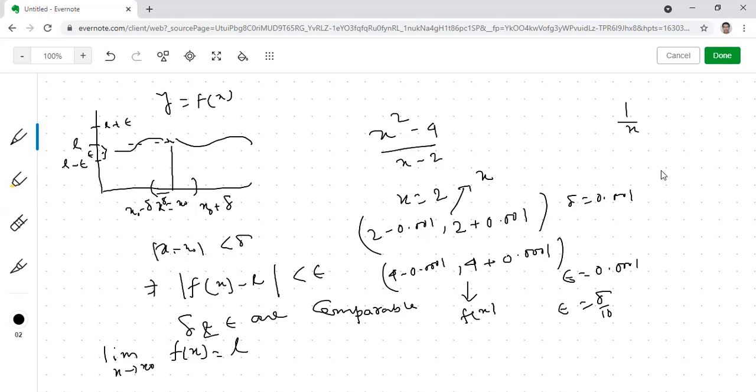But for 1 by x, what happens? We are taking the values of the independent variable x around the interval 0, that means minus 0.001, let's say, and 0.001. Then we are finding that the functional values, while we are varying the independent variable here, lie in a huge interval from minus infinity to plus infinity. So here we can't actually say what will be the approximated value of the function while we are varying the independent variable. So in that case, the limit doesn't exist. As here, delta is very small, but epsilon is very huge. So they are not comparable. So that's why the limit doesn't exist in that case. Is that clear or not? Yes, sir. Okay. So this is the generalization. Is it clear to all of you? Yes, sir. Okay.